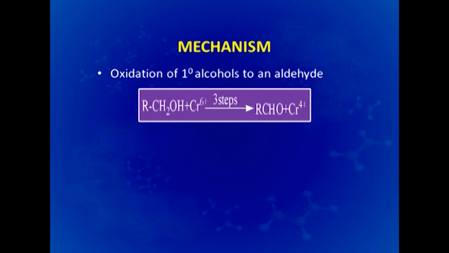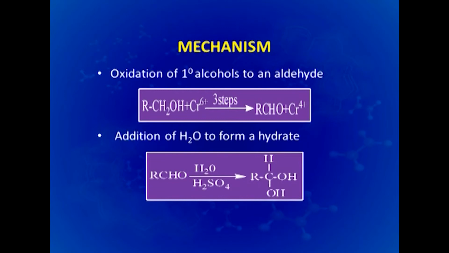And this is the mechanism of the oxidation of primary alcohols to aldehydes. Whatever we have seen in the previous slides, those three steps give rise to the aldehyde. And further oxidation is the addition of water to form a hydrate. This is the most important step to understand the mechanism of oxidation, because